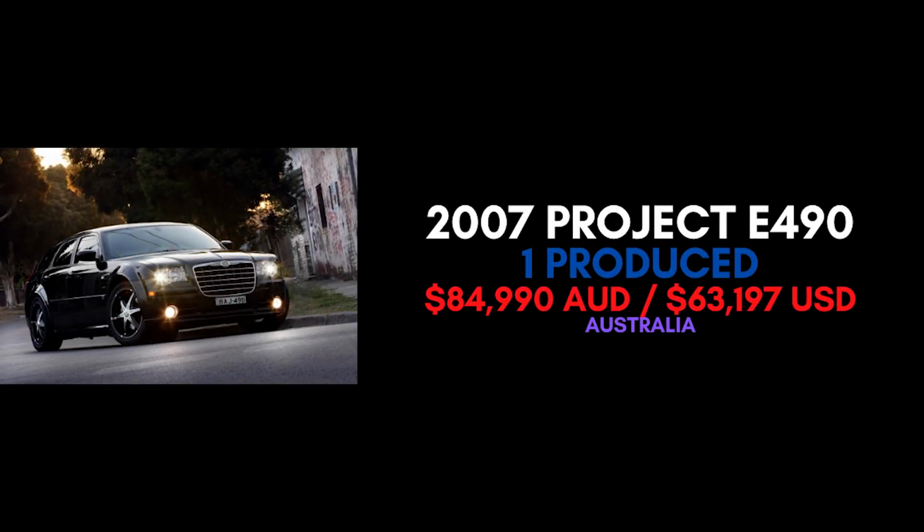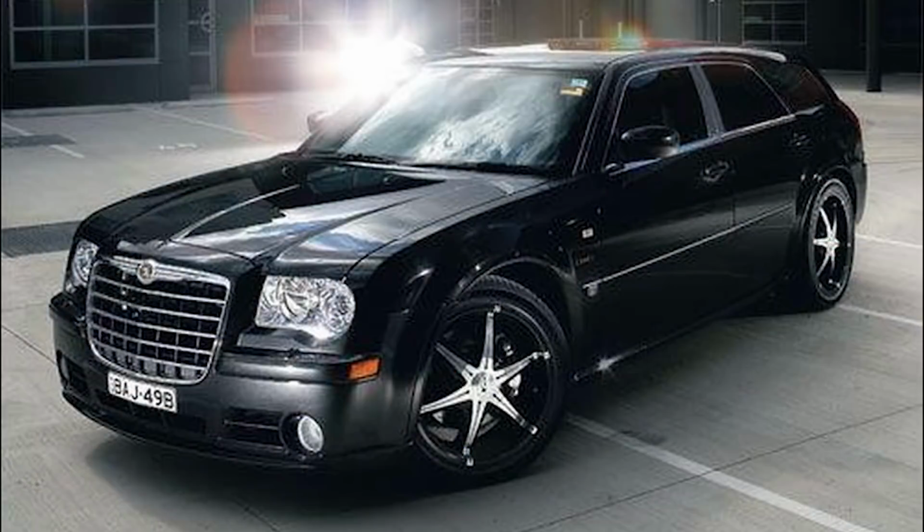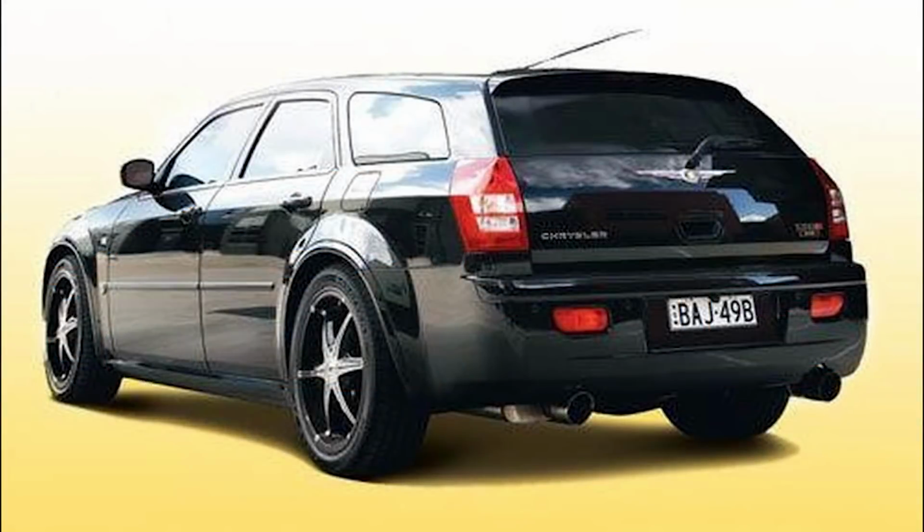Chrysler Group in Melbourne had a one-off effort modifying a 300C Touring for what they called a customer evaluation vehicle project, resulting in the 300C SRT E490. The E490 paid tribute to the E490 Charger RT from 1973 in Australia as well. Obviously this is based on the SRT Touring, which is the wagon version that we'll get into later in this video,